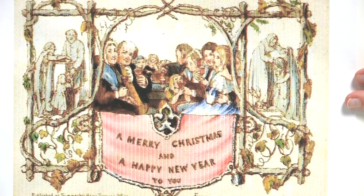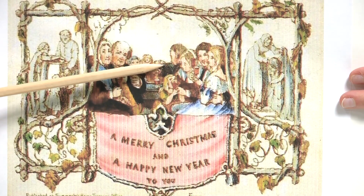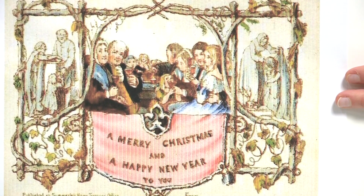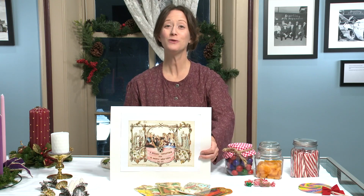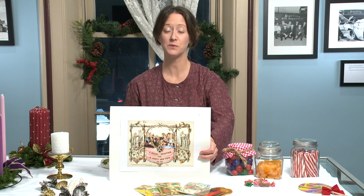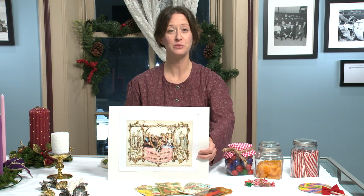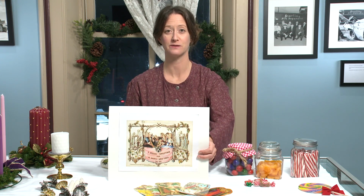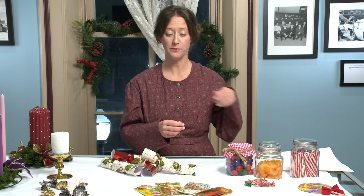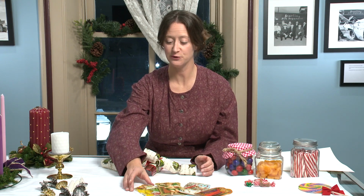Temperance supporters were enraged over the depiction of a little girl in the foreground receiving a glass of wine from her sister, and considered it an appalling endorsement for drink. When all was said and done, it took more than 10 years, many redesigns, and a special reduced postage rate available only for Christmas cards to finally bring Christmas cards into wide use. Of course, eventually Christmas cards became quite popular, and many intricate and colorful designs emerged, as you can see from